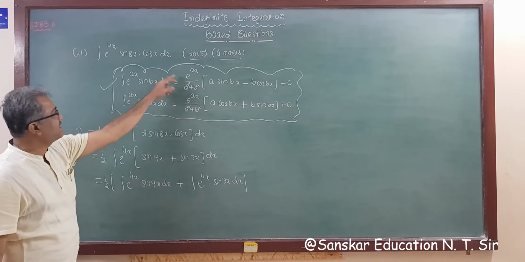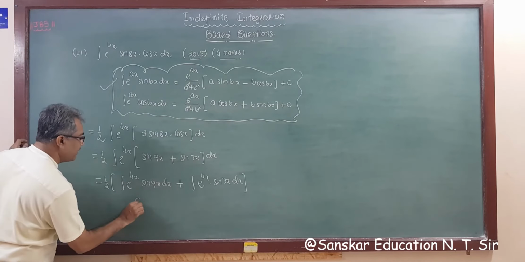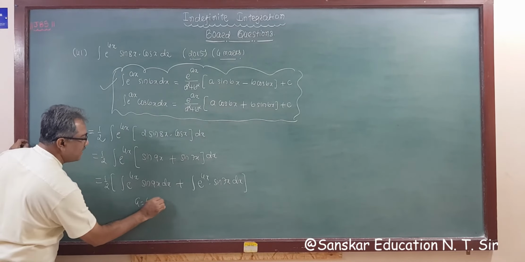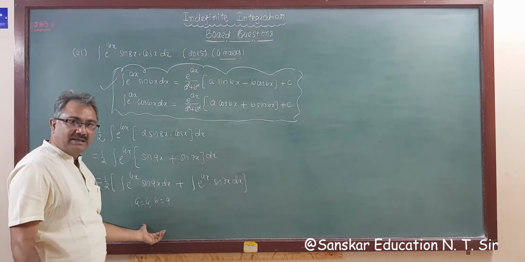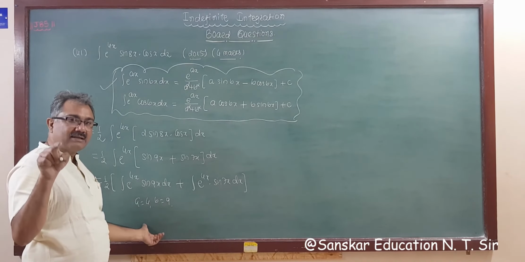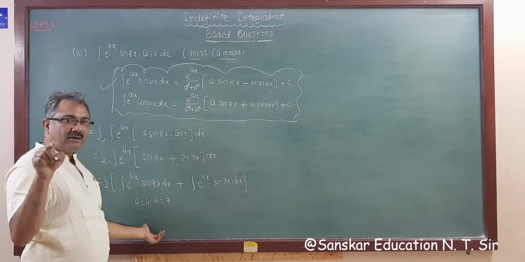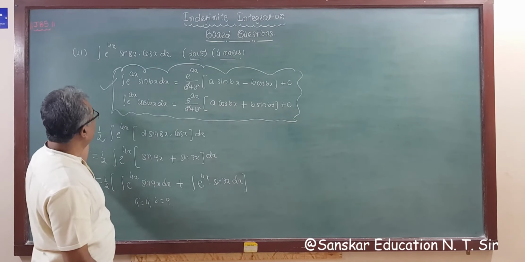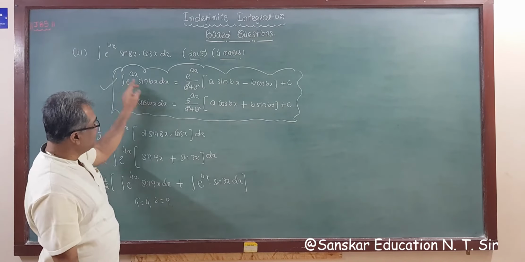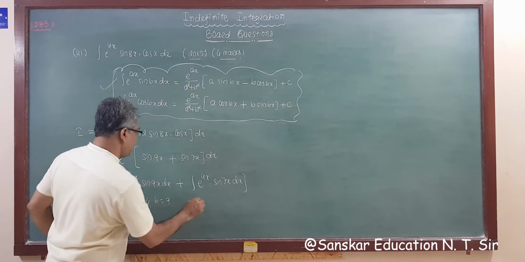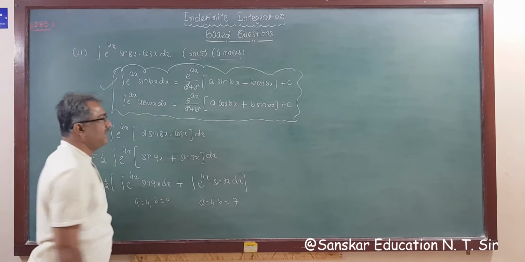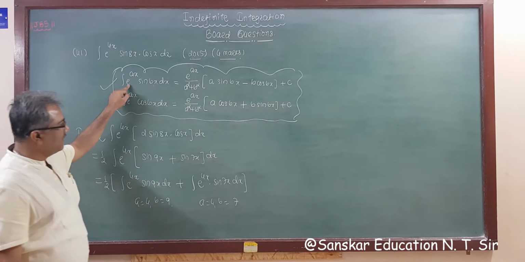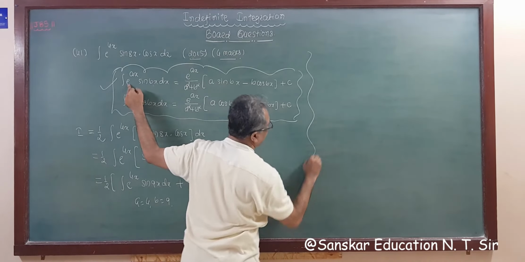Now applying on both signs, so applying the first formula. Here a is 4 and b is 9. No need to write this in the exam. It is not necessary to write this. I am writing it for your understanding, so that the concept is clear and you make no mistake, right? And for this a is 4 and b is 7. So applying this formula, what will your answer be?